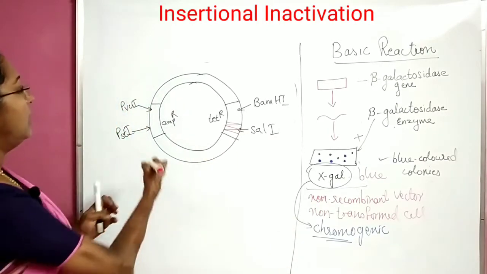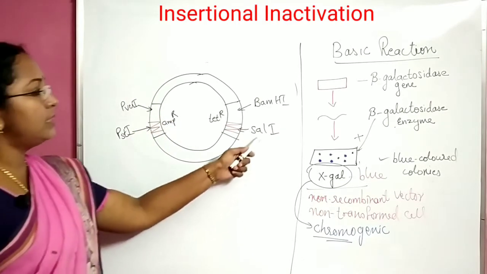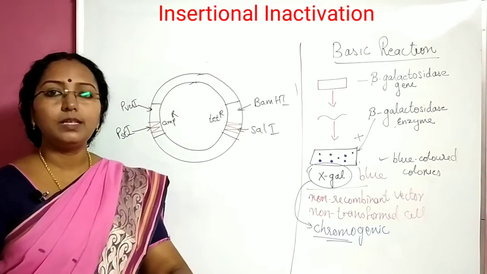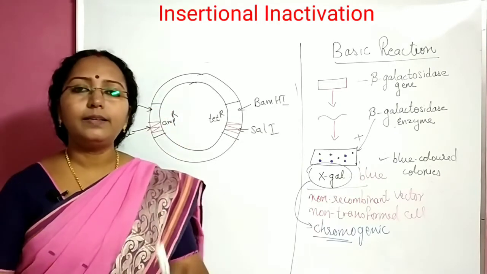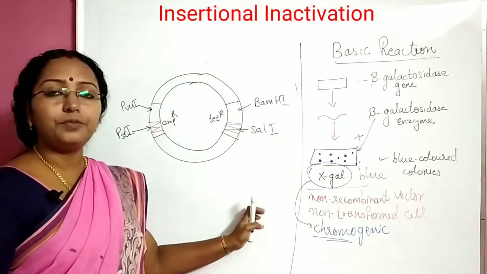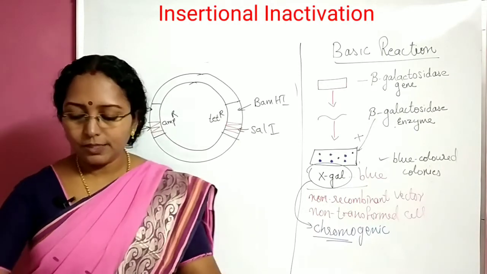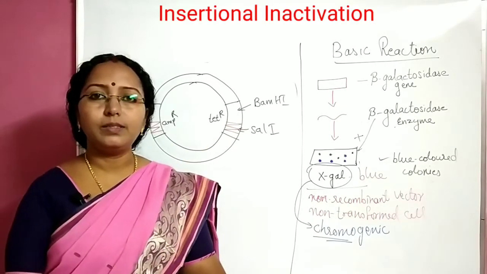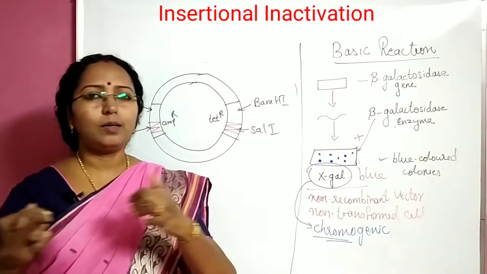Or in the other case, suppose you have used PstI instead of SalI, you have cut that region, you have inserted your gene of interest. Again, because you have inserted in the ampicillin resistant region, that resistance is now no more there. That got inactivated. So these are all examples of insertional inactivation. In the case of pBR322, you have to plate it in different antibiotic resistance medium. First you have to go for ampicillin, then tetracycline, likewise. So that's a cumbersome job.